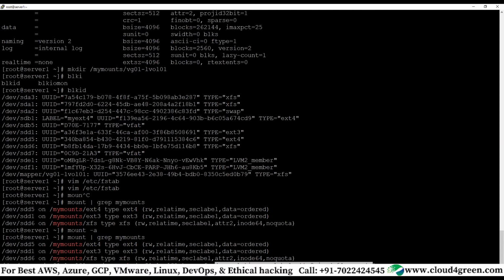Right? Every disk and every associated volume being configured should be in the fstab. See, it's not like that. See, volume group. Why do you need a volume group? You need to create a file system, right? Simply we will not create. If we create a volume group, it is of no use. I need to create a file system on top of it. That is the end result. So if you want to create a file system, definitely you need to write something. In order to write something, you need to mount it.